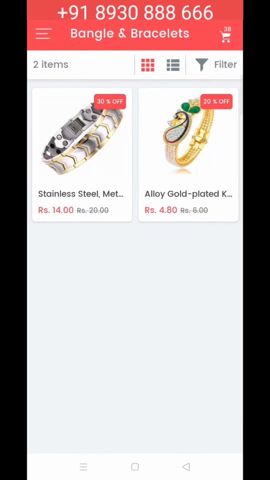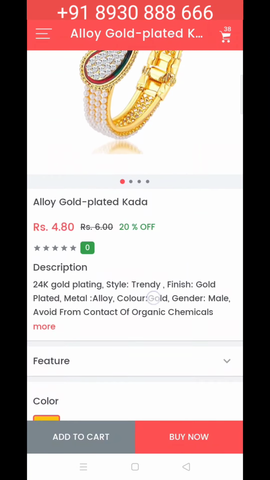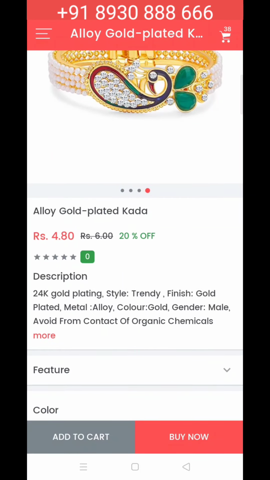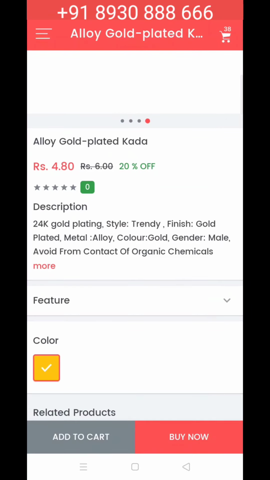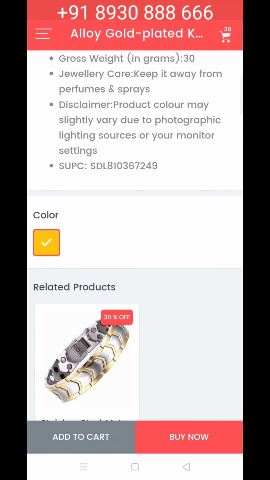The user can buy the product directly from the app. As the user sees the product detail, multiple pictures will be uploaded from the backend panel, and the product information will be described like this: the price, product description, features, and the multiple attribute section will work in the backend panel.